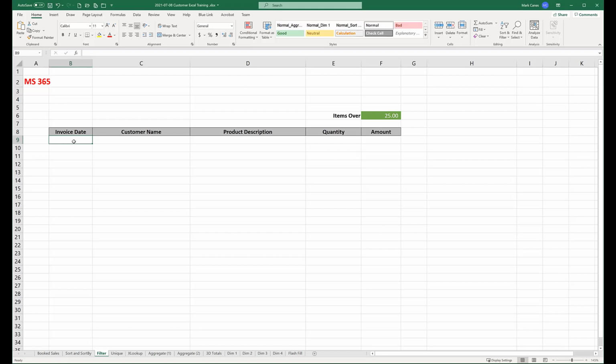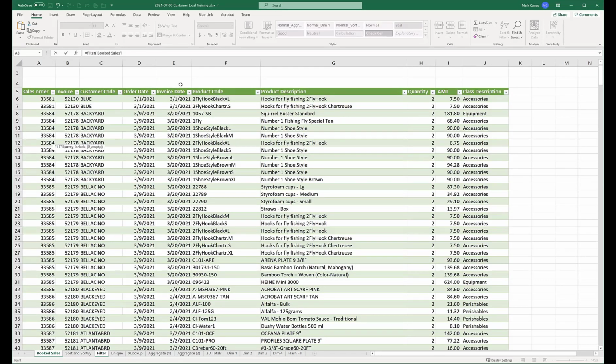Those are the columns from the original data set that I'm going to use. And I'm going to say equals filter, just that range of columns from our booked sales, so from invoice date. And again, by the way, I should have mentioned earlier, when I hover over the top of a column in a table, the little plus sign turns to a downward facing pointer. It means I'm selecting that column. I click and then I can drag across and it selects the adjacent columns, but again, without the row headings, which is a really quick way of selecting the data you want without having to go all the way down and figure it out. So I'm going to filter that, and I'm going to filter it where the amount is